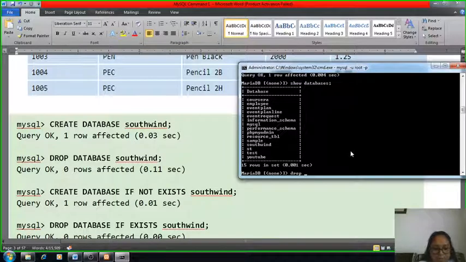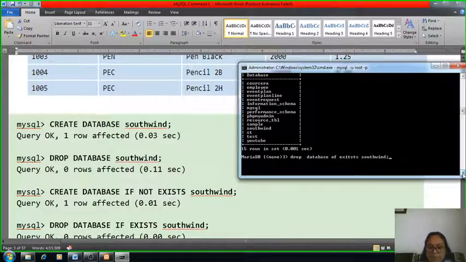Drop database if exists, Southwind. So here we are checking the functionality of the if exists clause.